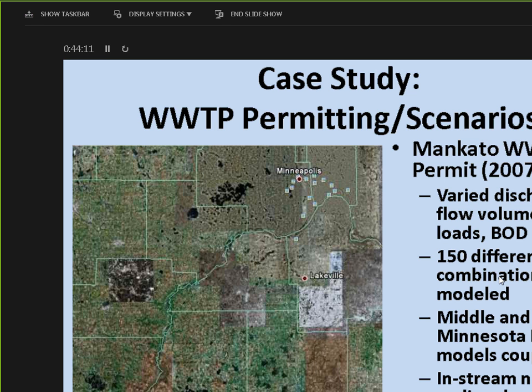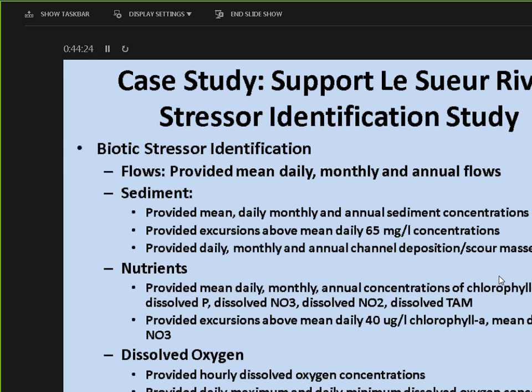But Mark looked at that output and he used that to figure out what we needed to meet the standards, but not be overly onerous on our permitted partner, the Mankato wastewater treatment plant. And then last case example, I provided to some of our Stressor ID folks mean daily, mean monthly, and mean annual flows, sediment concentrations, nutrient concentrations. I provided hourly dissolved oxygen output, and I've also been able to, there's a way to extract all events above